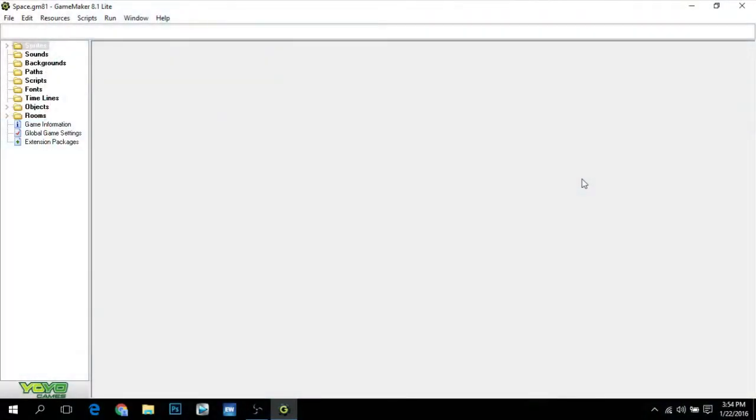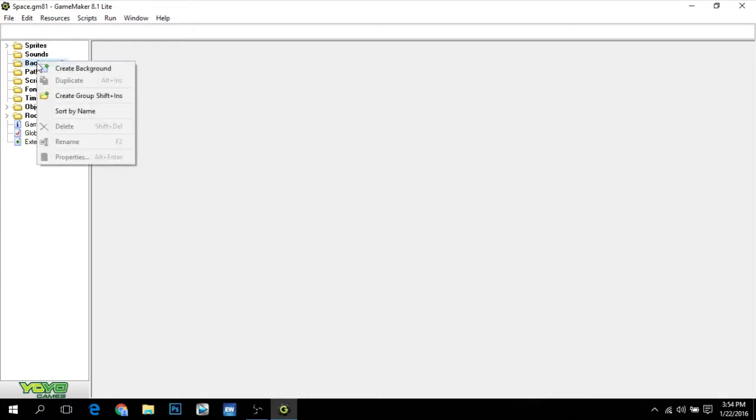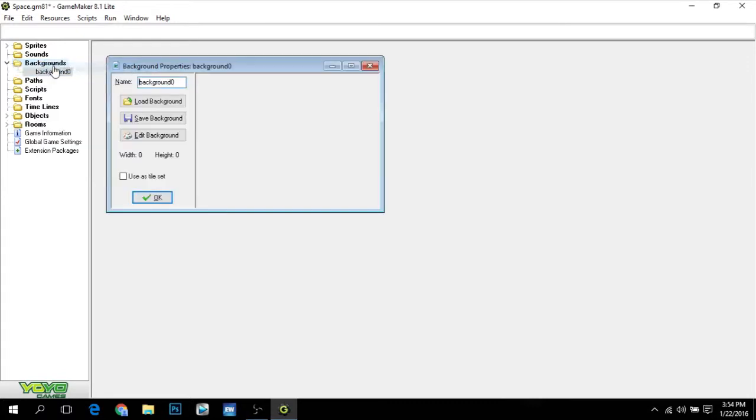Hello, and we're back. And today I'm going to talk about making multiple levels and putting backgrounds on your rooms. So let's hop right into it. So you see this tab right here that says backgrounds. Now, if we right click it, we can do create background. We'll call this background